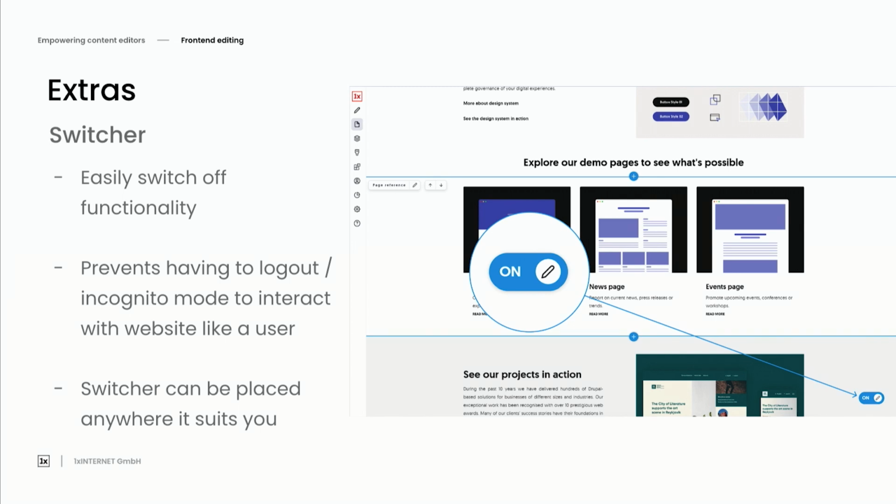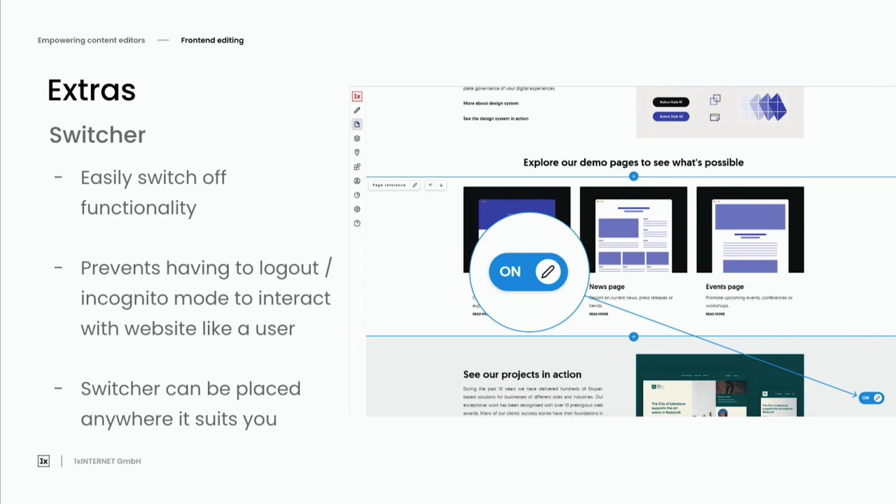And the first kind of extra functionality that I want to mention is this very simple addition, being able to very quickly switch on and off the front-end editing functionality. Now, I want to reiterate the point from earlier about this expensive real estate. Of course, this UI will be placed on our content page, where we visualize our changes, where we interact with our website, where we test our functionality. So it's very important that we do not get in the way of this. It's very important that we don't introduce any barriers to your existing workflow, to how you're currently making your changes.